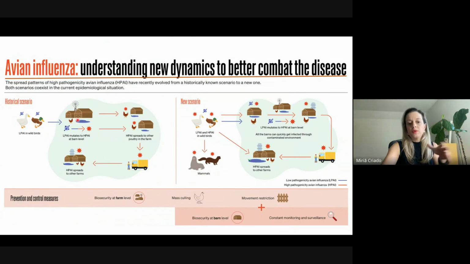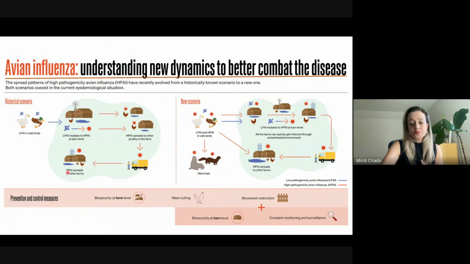When these wild animals are in contact with birds, like in the case of poultry or chicken barns, this can at a certain point mutate to high path, and this could spread to different barns, to different chickens, and then during transportation, undetected and with inappropriate biosecurity measures, spread to